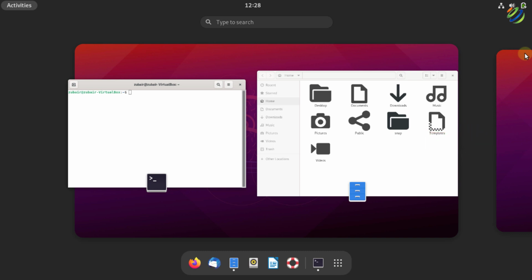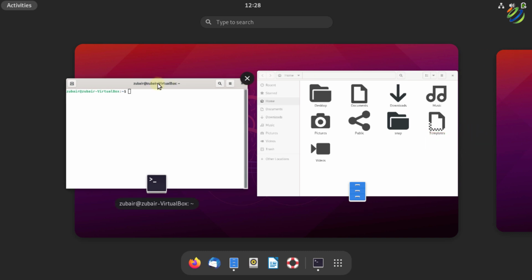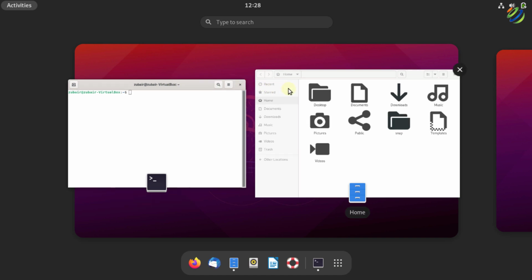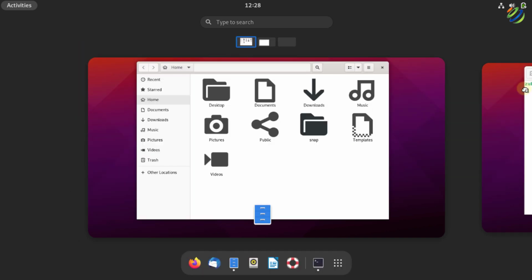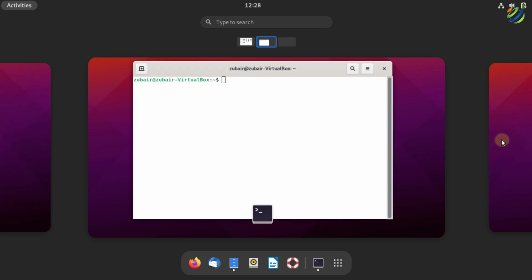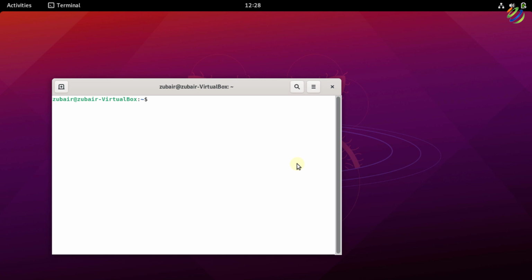What I can do here is drag any of my open applications and drop it in my other workspace. And here you go. As you can see, I have my terminal in another workspace. So at the moment I am able to work with my two workspaces.